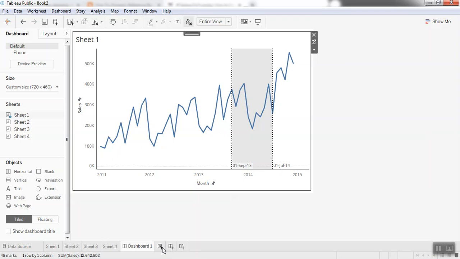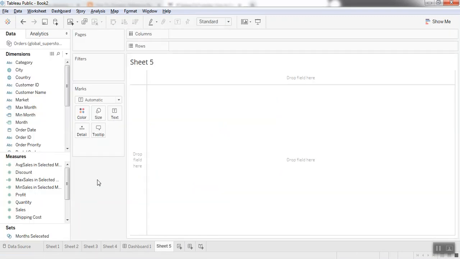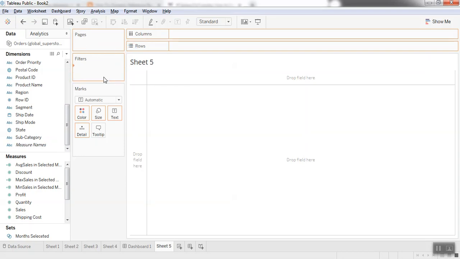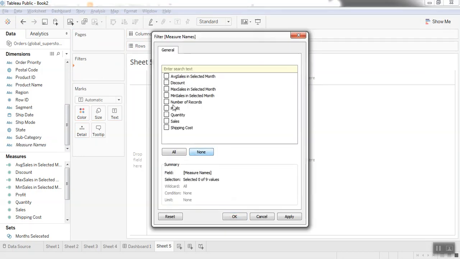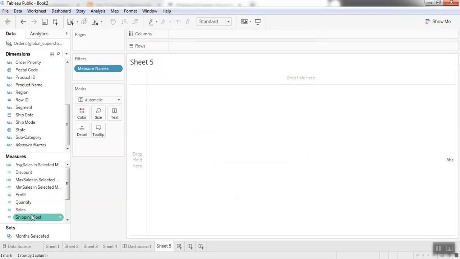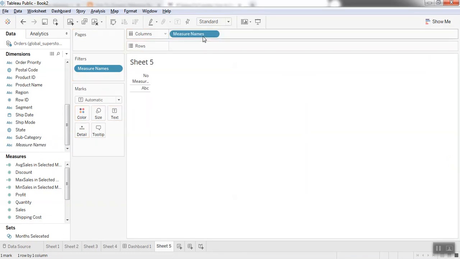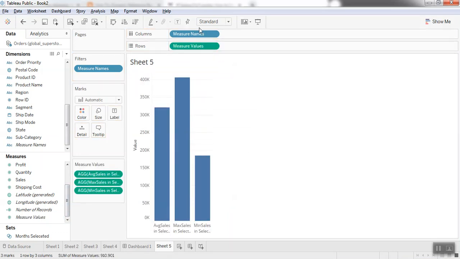To bring in the three metrics, you can either have them in three different sheets, or in the same sheet. So let's try to have them in the same sheet. For that, I'll drag measure names to the filter, click on none, and then select three: average, max, and min. Click on OK, and then I'll be bringing measure names onto the columns and measure values onto the rows.